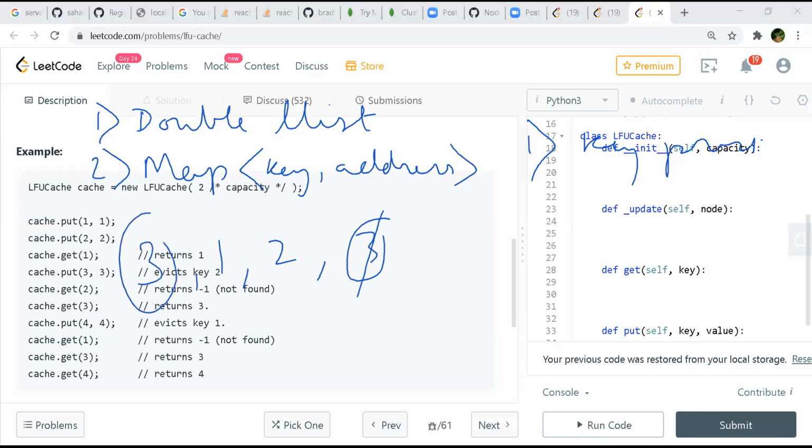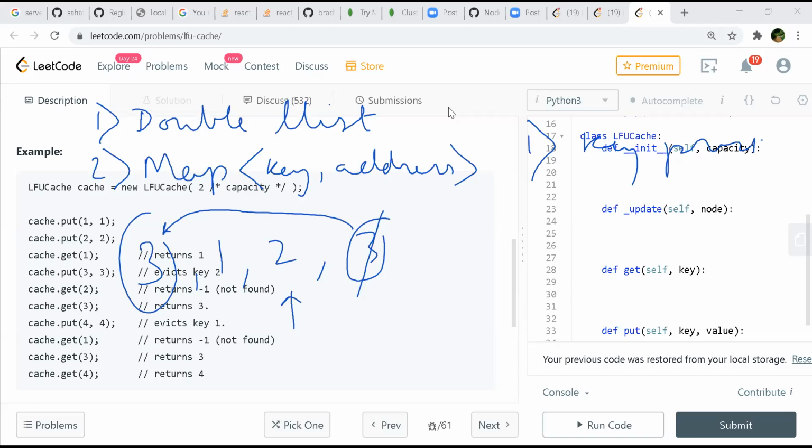So what we will do is move 3 to the head. We'll remove from the tail. Whenever we have to remove, we'll remove from the tail, right? The remove part we will come to later. I think at a very broad level we are brainstorming. It might not be the exact way. There will be fine tunings to actually implement this LFU cache, whatever this class is. Correct, right, Arjun? Yeah.